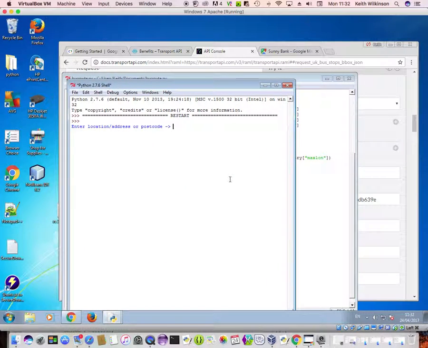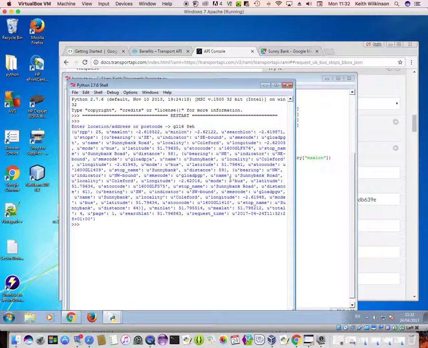enter location or postcode, let's just use my own, and there we are. We've got data that we can play with. How to play with it is our next task. So we're going to be using some of this data. So we've got latitude and longitude that we passed in, but what is really important is that we're beginning to get useful information for our mashup,